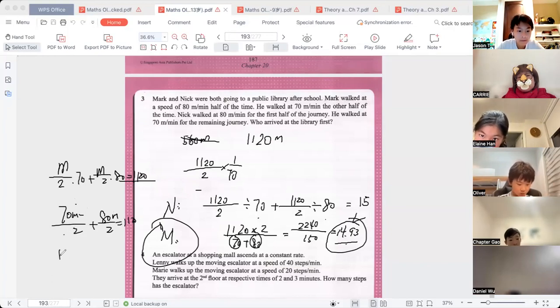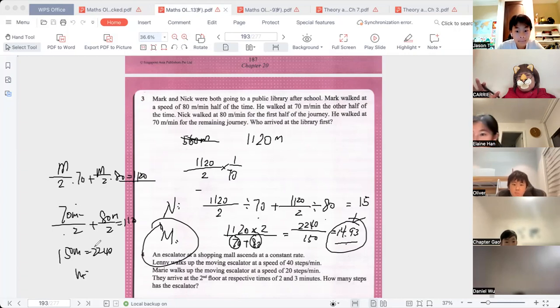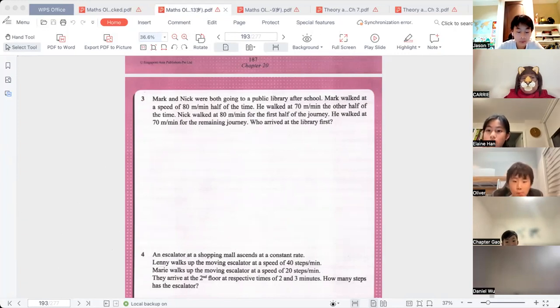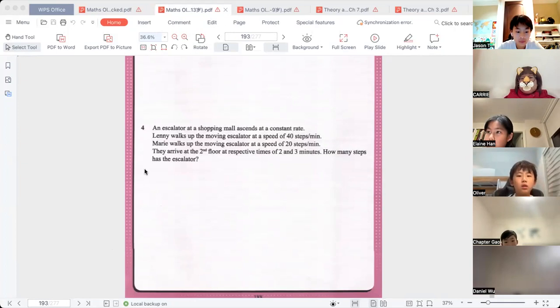So both times 2, so it's 150m equals 2,240. So m equals 2,240 divided by 150. Understand? You're using the algebra, get the same thing. But I want you to understand this one as well. If you don't know exactly what half of the time is, but in half of the time he finished 1,120 meters, we can double that in order to calculate it, because on the denominator I also add the two speeds together. Understood, Jason? OK, 这个讲得很清楚了，对不对？老师怎么讲得这么好呀？简直不敢相信。